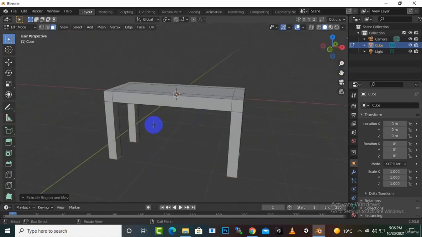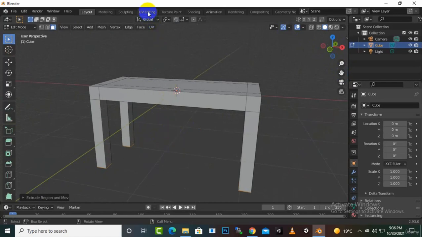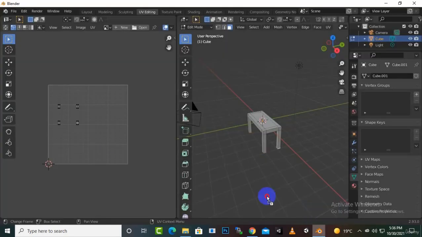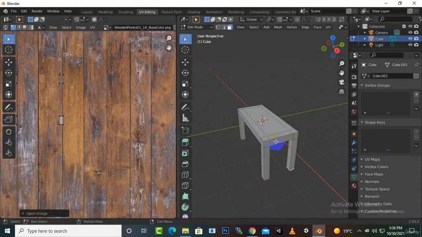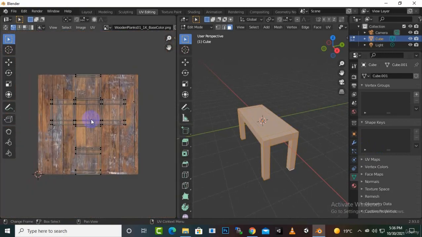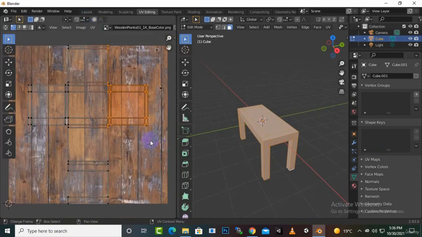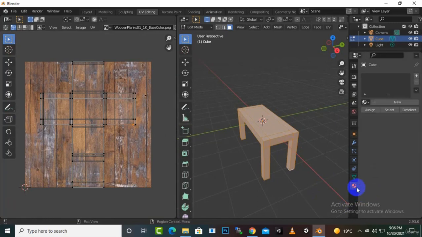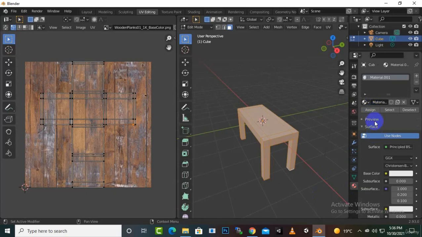So for this table we want to add texture. For adding texture we can right away go to UV editing, and here we will select this texture, and we can drag and drop this texture here. And now if we press A for the table, you can see it has the default unwrap here, which is just like a box. So that is good, but if we implement that on the material, if we go to this section where we can add the material, and if we click here and add a table material for this table,